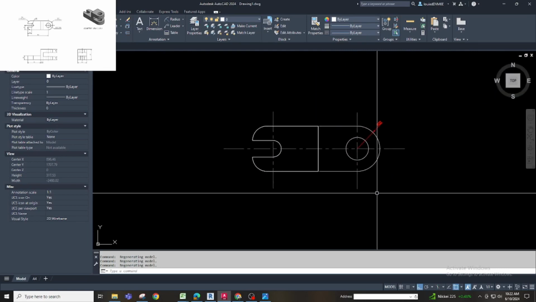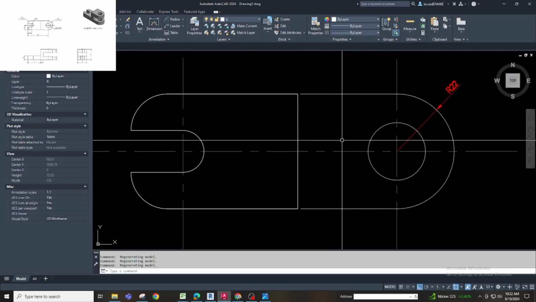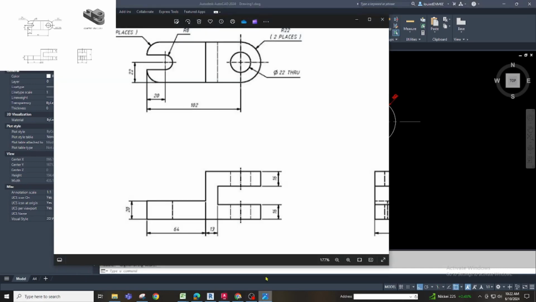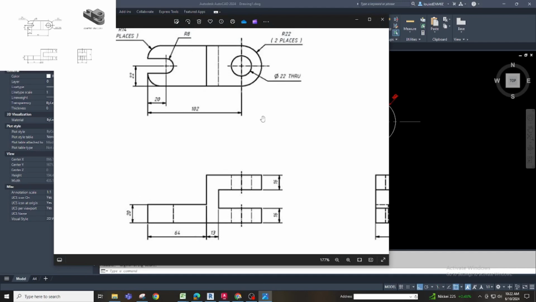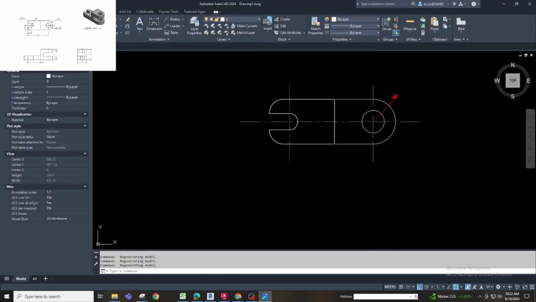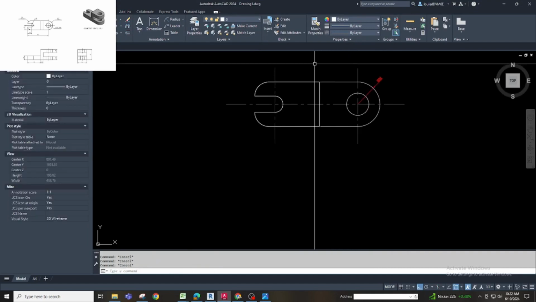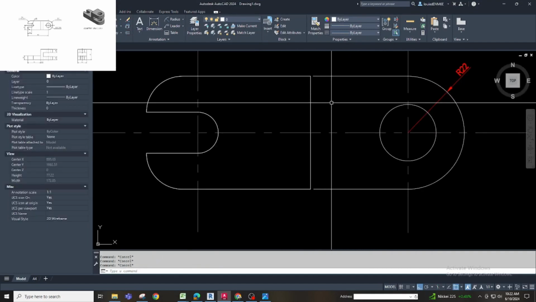Now you are going to make this part, this area, extruded.